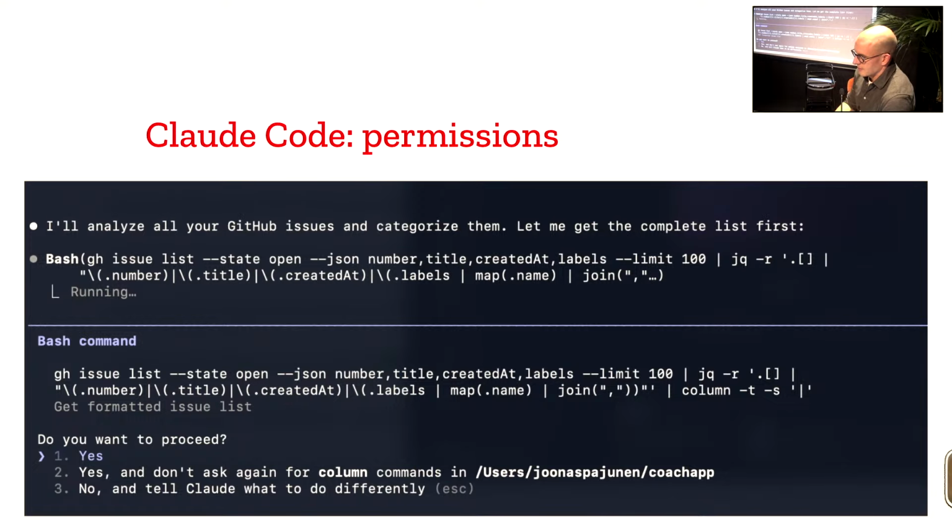The idea is that Claude has the ability to look at anything you have in the folder you launch it from, or any subfolder. So it's constrained or sandboxed into that folder. Usually it's your project root folder, and it'll always ask for permission when it tries to do something. In here, it's actually doing something with GitHub. I'll get more to that later, but first time you run it, it asks if this folder is secure, or can I trust the stuff in this folder? You of course say yes.